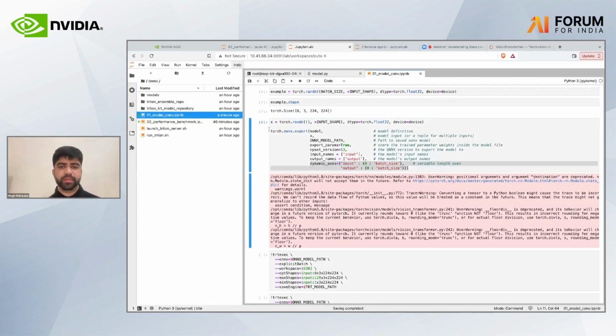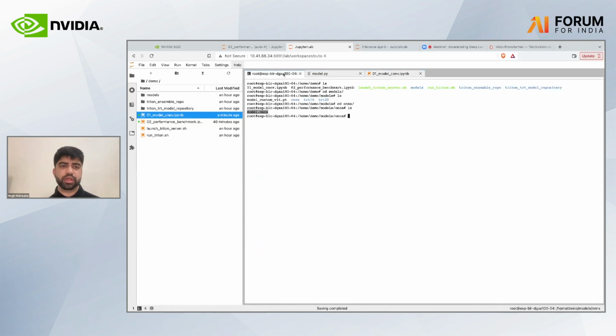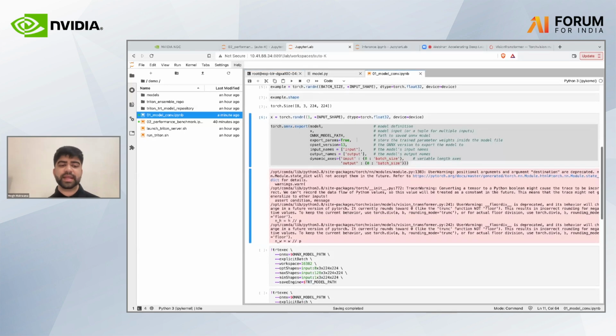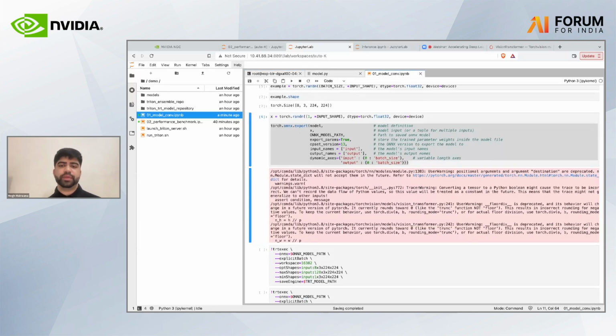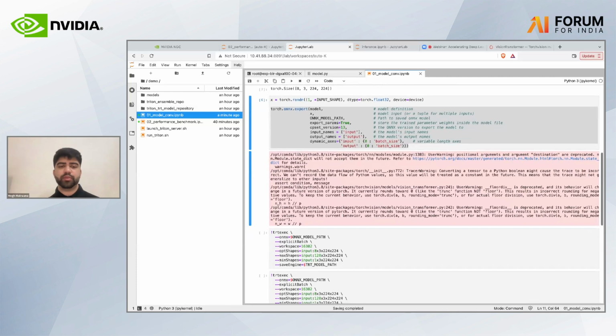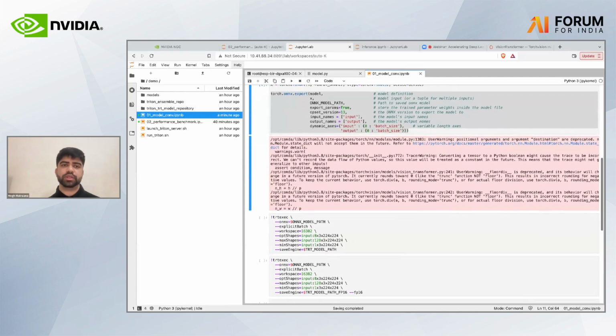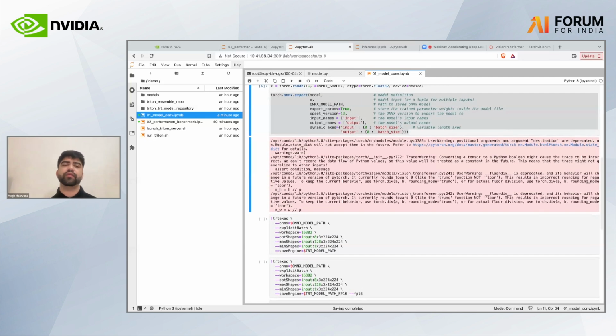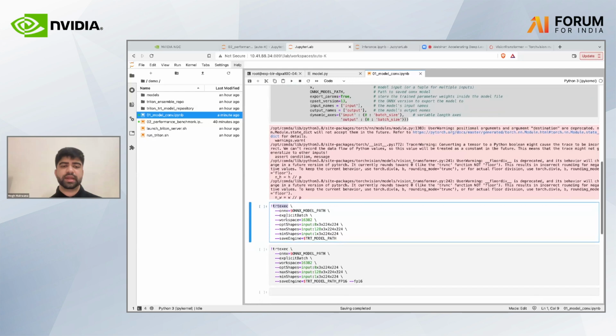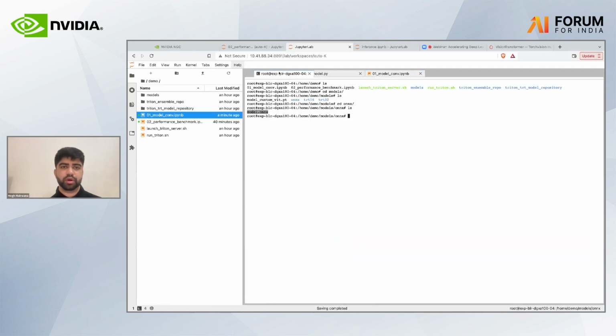So yeah, this step will get you this particular model called model.onnx. Now the next step is the TensorRT conversion. What I'm going to do today is share the most simple way of doing this conversion. Obviously there are different ways: you can use the Python API, the C++ API, or a CLI command called trtexec. What trtexec does is take your input ONNX model, the same model.onnx that you saw,